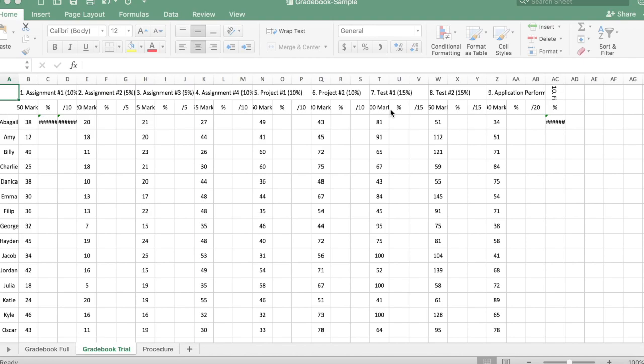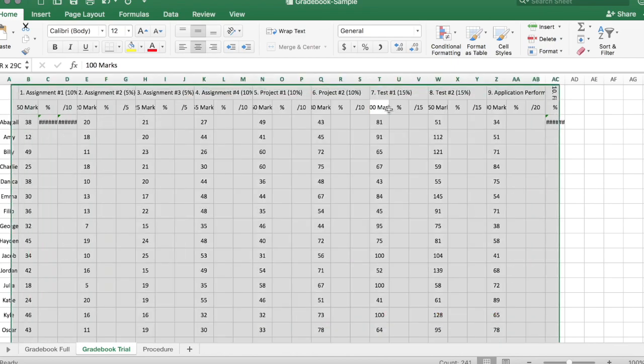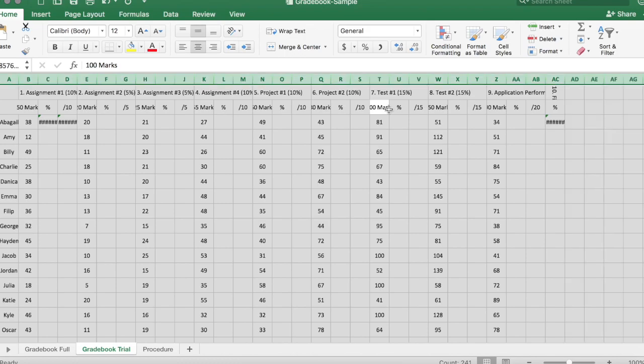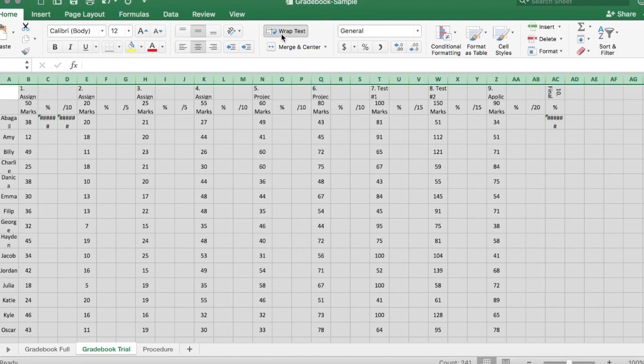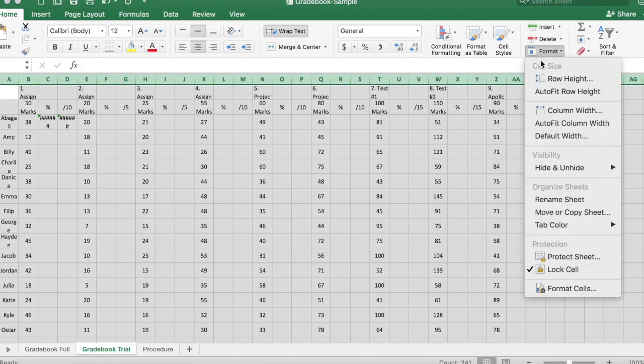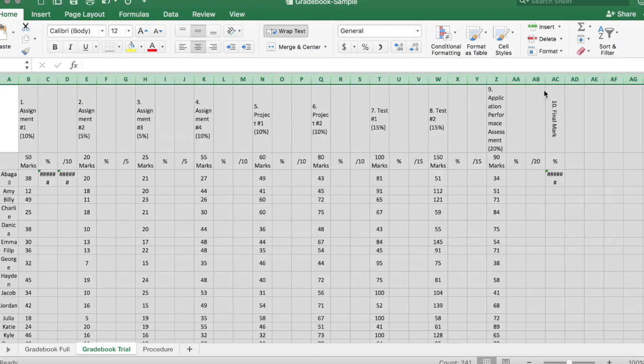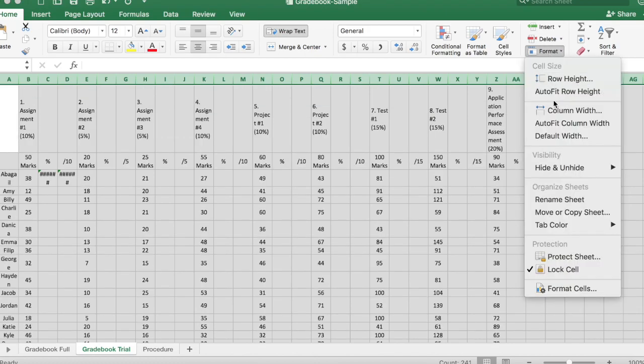So the first thing you're going to do is, if you have a Mac computer, click Command A to select everything. And then you're gonna do it again so that it'll make sure it selects the whole document. Then you're going to go to wrap text, which will sort of center everything into its own cell. Next, you're going to go to Format and click Auto Row Height and do Format again and click Auto Fit